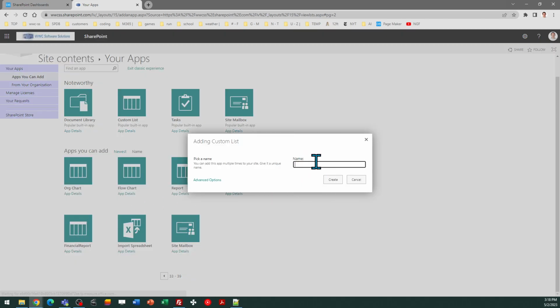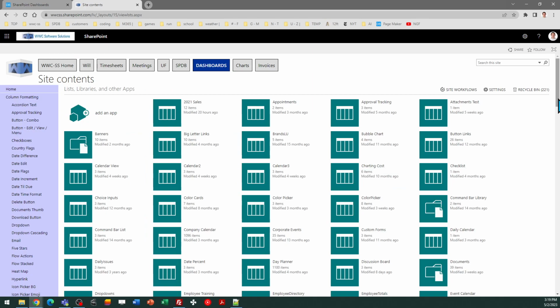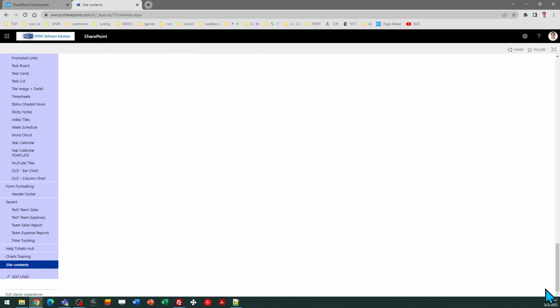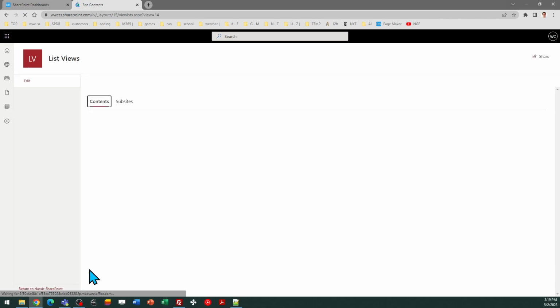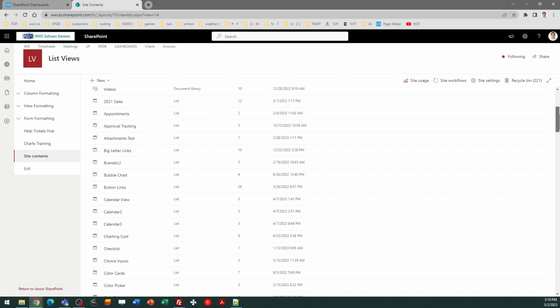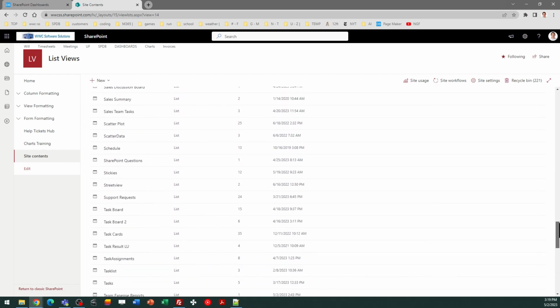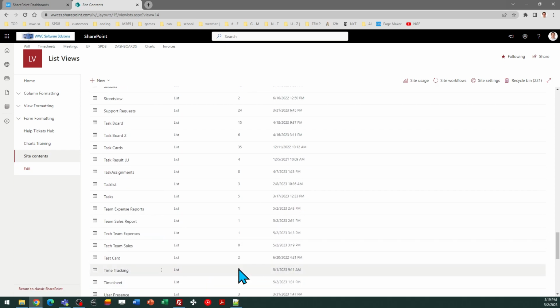And then you can give your sales report a name. I'm going to call mine Tech Team Sales and click Create. And that create will happen pretty quickly. Once that's done, you can go ahead and get out of the classic SharePoint mode, go all the way to the extreme bottom left corner of your browser page and click Exit, and that will take you back into the regular modern view. Now you just need to scroll through your site contents and find the list that you just created. So mine's called Tech Team Sales,